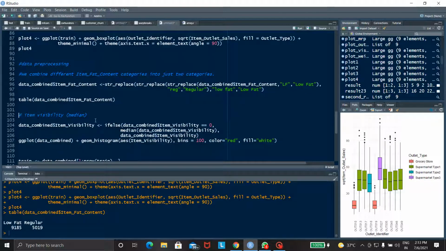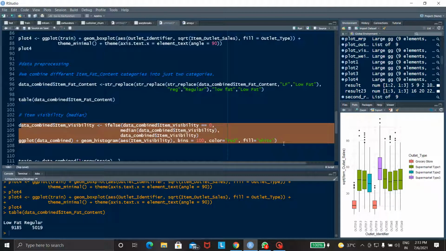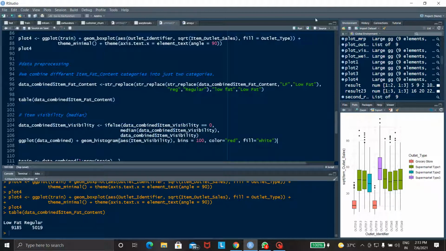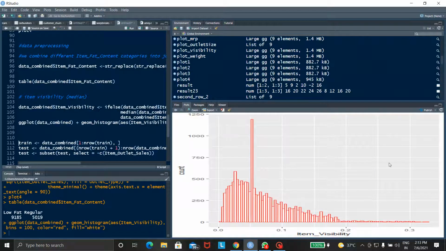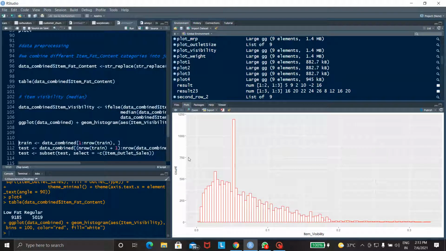The next stage is item visibility. This is the program of item visibility. After running this program, we can get the output of item visibility. Let's see. Here is the output, item visibility and count. We can clearly see the output.